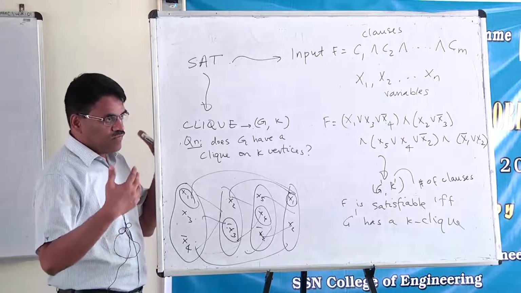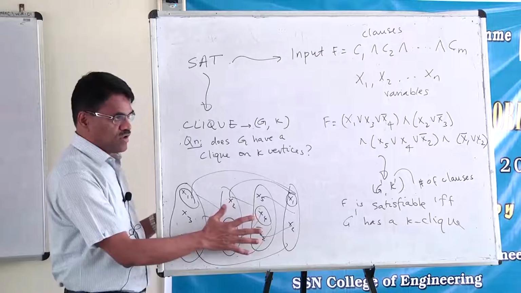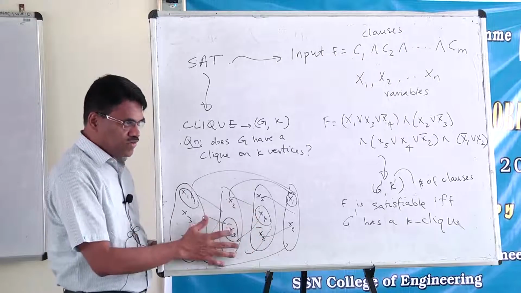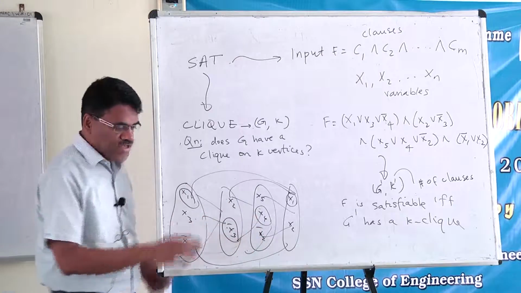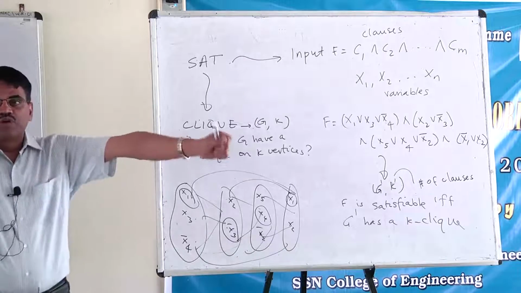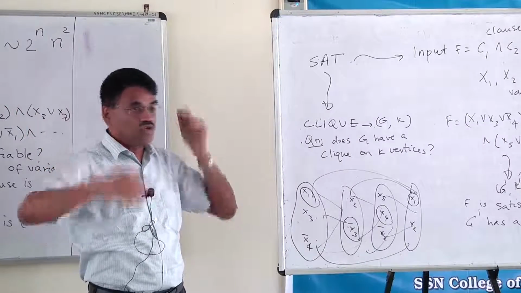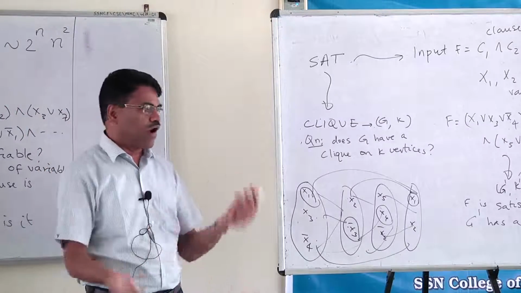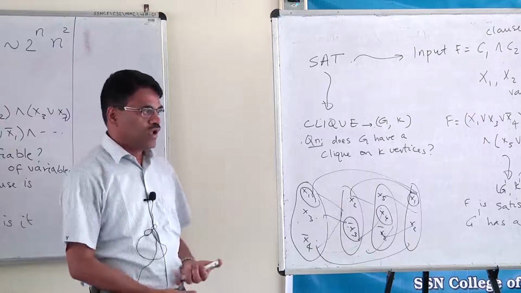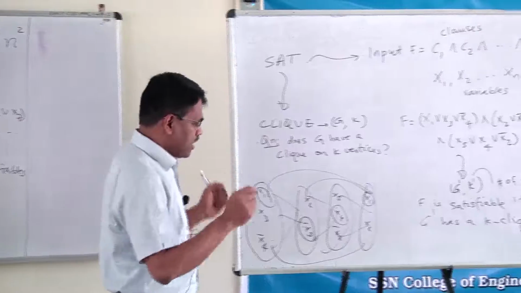Well, the graph has a 4-clique, right? This is a graph. I want to say that if the graph has a 4-clique, it has to be of a particular type from which I want to be able to pull out a satisfying assignment for the formula. That's my goal. So the 4-clique can be anywhere, however, where I have no control. Right? I gave it to this subroutine and said, here is a 4-clique. The question is, can the 4-clique